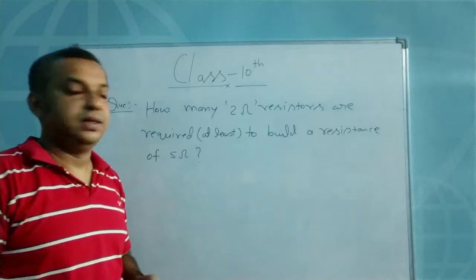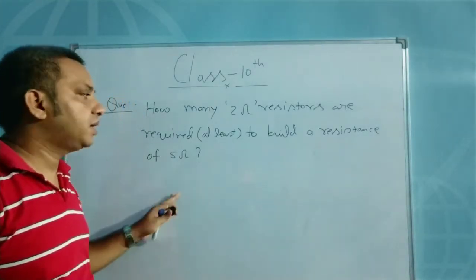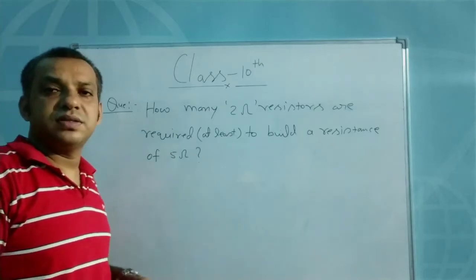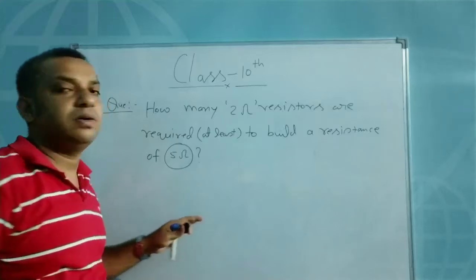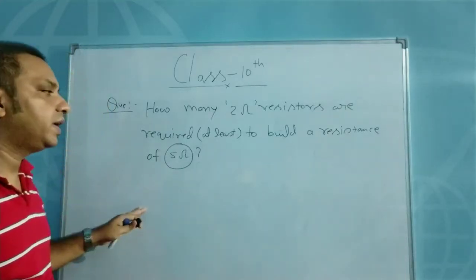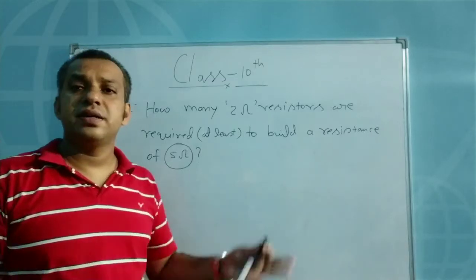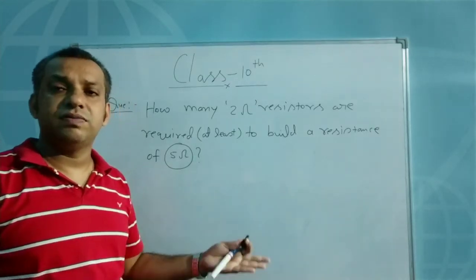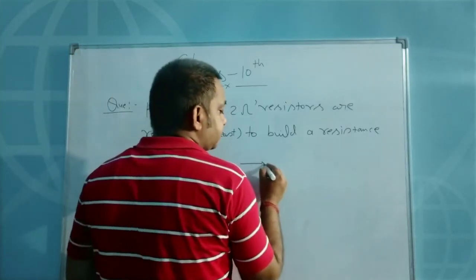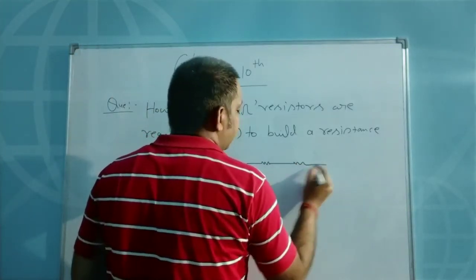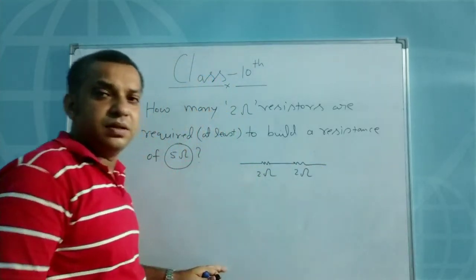ohm? Right now, so with the help of some combination of the series and parallel, you have to make such that the overall resistance of the network is how much? 5 ohm. Anyhow, you have to take this one. So you know that in series combination, if you are connecting the resistors, then the R net is greater than the value of the individual resistance. For example, if you are connecting 2 ohm resistors in series combination, then what is the R net?